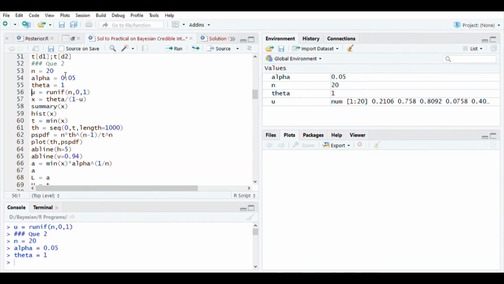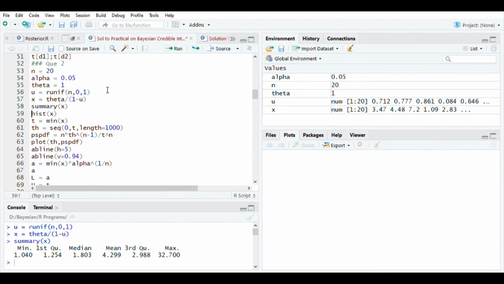So let us first generate a random sample from uniform 0, 1. These values will be treated as the values of the CDF, and then the formula can be applied here. So let us generate observations from uniform 0, 1, then compute the random sample. So this is how the random sample is. Now how do we know whether it is right or wrong? A simple way is to check whether every x is greater than theta or not. Here theta is 1 and the minimum of x is 1.04. So yes, every x is larger than theta.